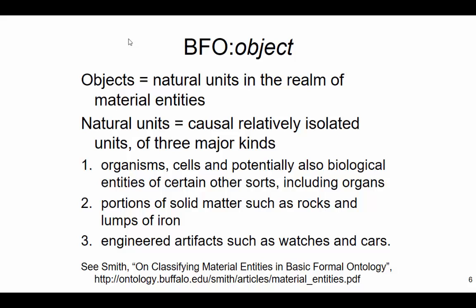Another kind of object are portions of solid matter, not portions of solid matter of any sort, but those portions of matter which have their own boundary, which separates them from other portions of solid matter or from other material entities by being a physical discontinuity. So a mountain may be an object, but the mountain that you see above the horizon is not an object,